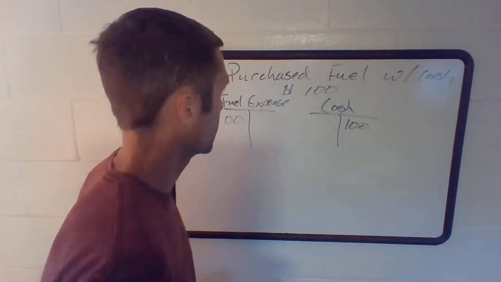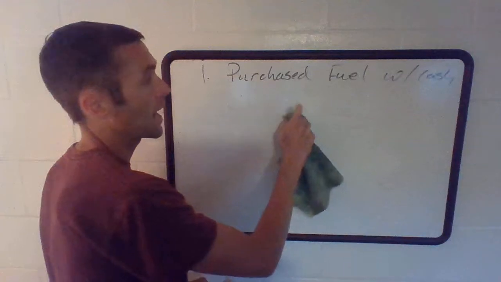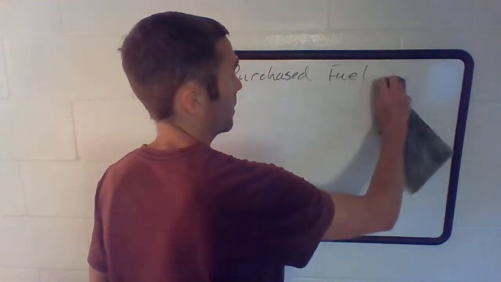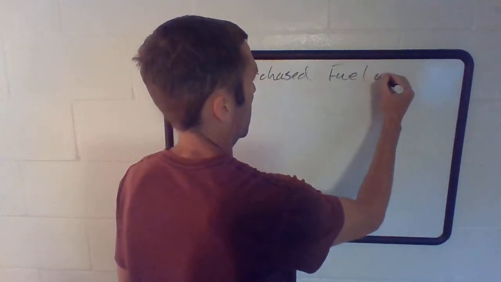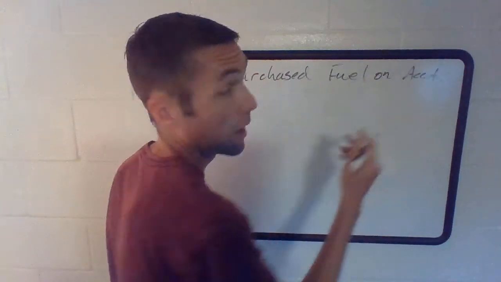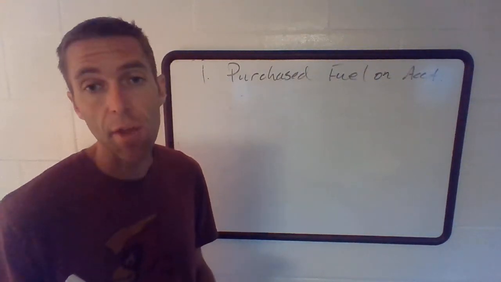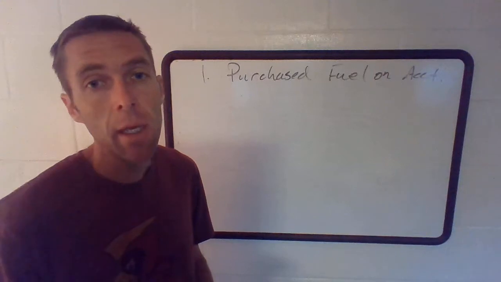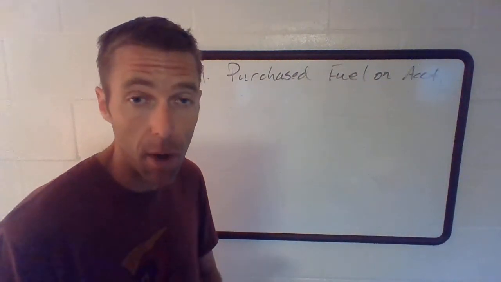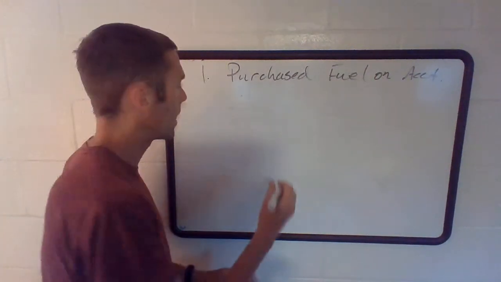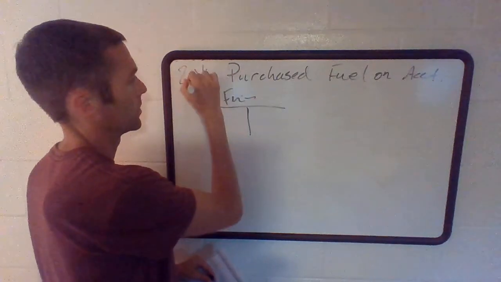The second transaction, I'm going to purchase fuel on account. So there is a gas station that you have an account that you pay monthly or quarterly, and you just fill up and they put it on your tab. Well, let's start with what we know. From number 1, this is now number 2,